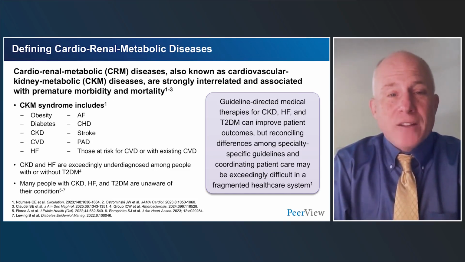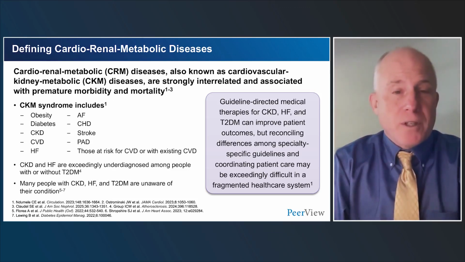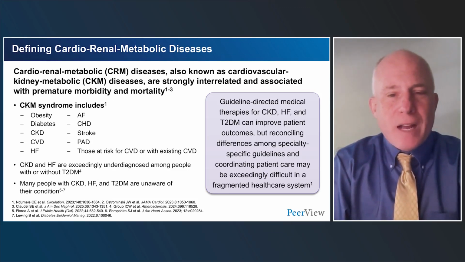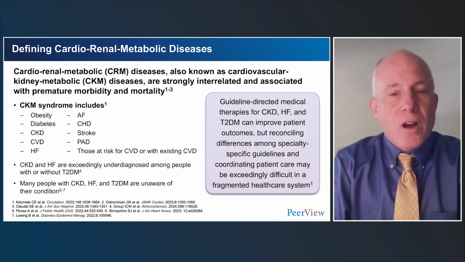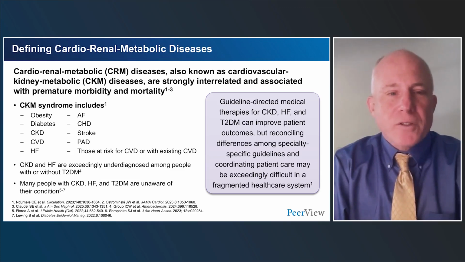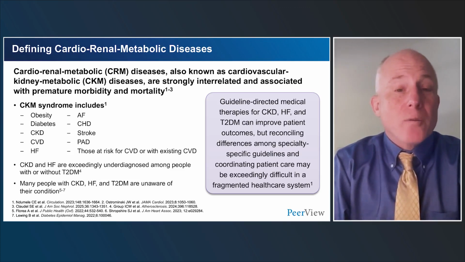CKM syndrome includes multiple conditions, including obesity, diabetes, chronic kidney disease, cardiovascular disease, heart failure, atrial fibrillation, coronary heart disease, stroke, peripheral arterial disease, and even those who are at risk for CVD or those who have